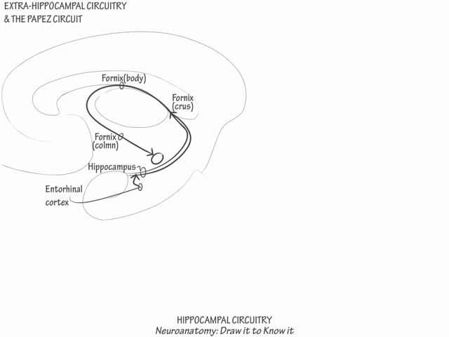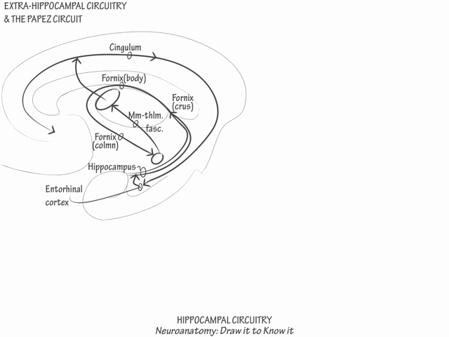its descent. Note that the fornix descends both anterior and posterior to the anterior commissure. The anterior projection is called the precommissural fornix, and the posterior projection through the hypothalamus, as shown here, is called the postcommissural fornix. Next, indicate that the mammillary nuclei project to the anterior thalamic nuclei via the mammillothalamic fasciculus, and then that the anterior thalamic nuclei project to the cingulate gyrus. Finally, show that the cingulate gyrus projects back to the entorhinal cortex via the cingulum to close the Papez circuit